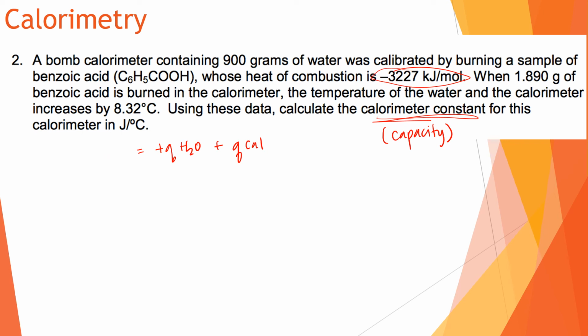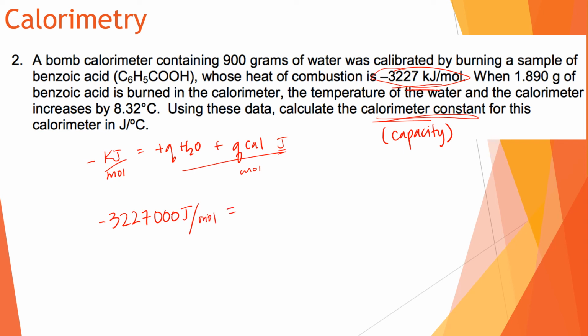That's going to be joules, they gave us this in kilojoules per mole. This is going to equal joules, and we're going to have to divide it by moles. Okay, so because this side is in joules, I'm going to convert this to joules. So negative 3.22700 joules per mole